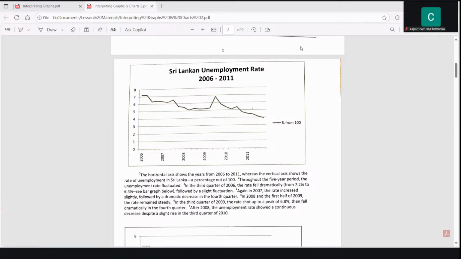Mountain range. Right, this looks like a mountain range. Mountain range means a lot of mountains appear together. Here you can see one mountain. Here also you can see one mountain. Mostly these line graphs look like a mountain